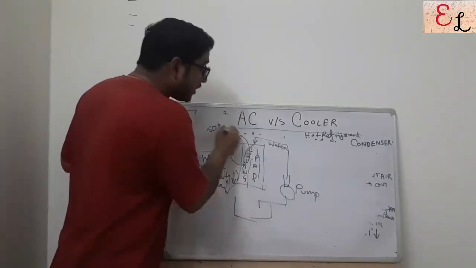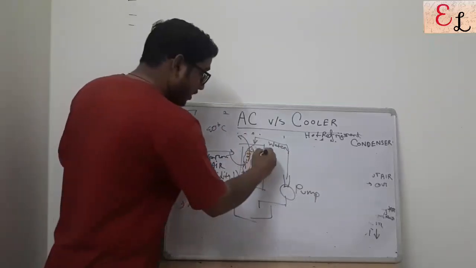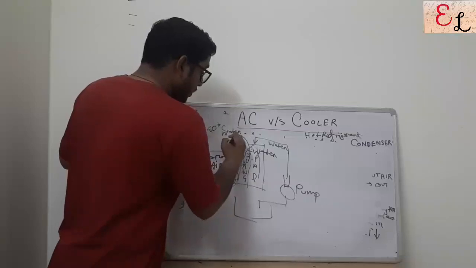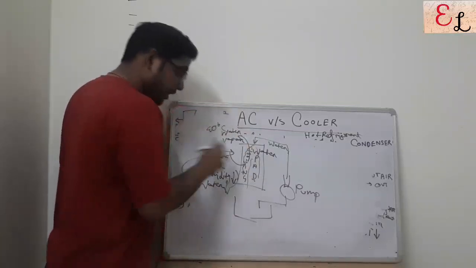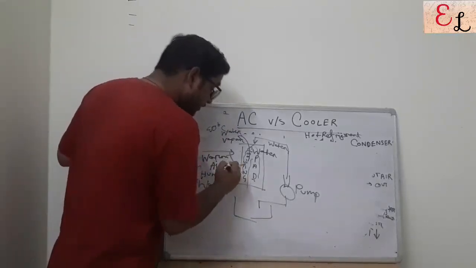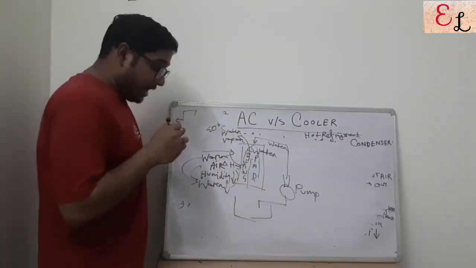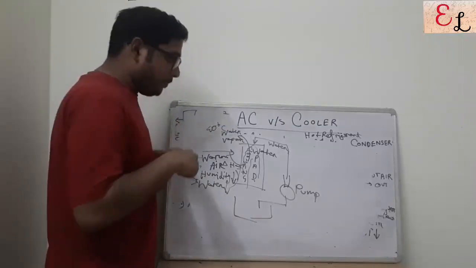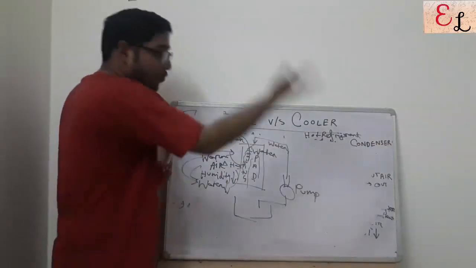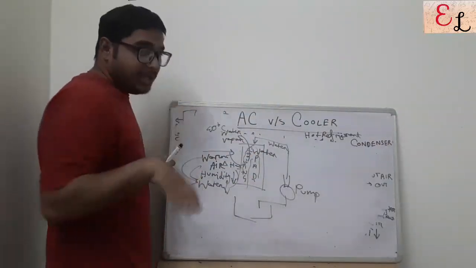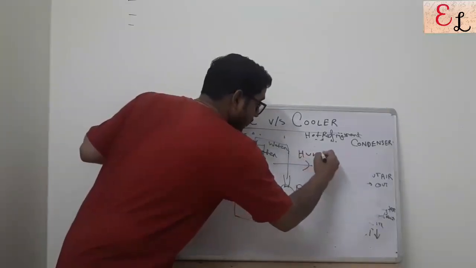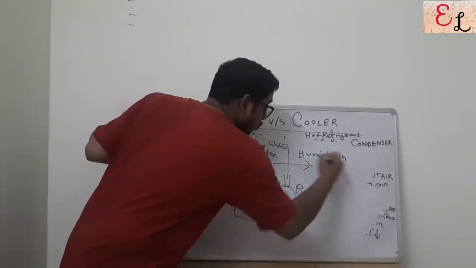And where will this water get heat from? The water from here will start converting into water vapor and will try to escape into the incoming air. So where will that heat come from? The air itself will give that heat, and in the process, there is a wet bulb temperature concept. The air gives away some heat to evaporate the cooling pad water, such that humid air will come in, but cooled